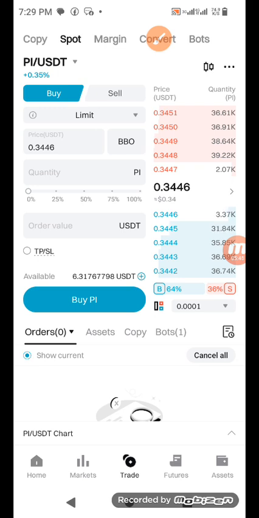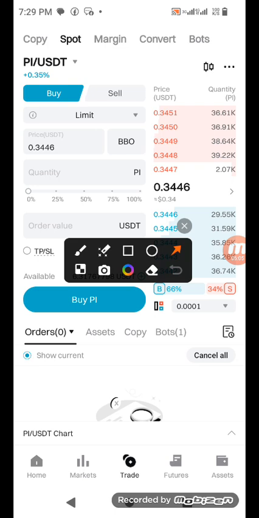You may be telling the system, please help me buy when this coin drops down to something. That means you're expecting to buy cheaper, something cheaper than the current price now. You say, please help me, once it gets here, buy for me. So it is that lower, cheaper price that you want the system to buy at that you're going to place here. So this price here now, I'll just remove it and put a lower price.